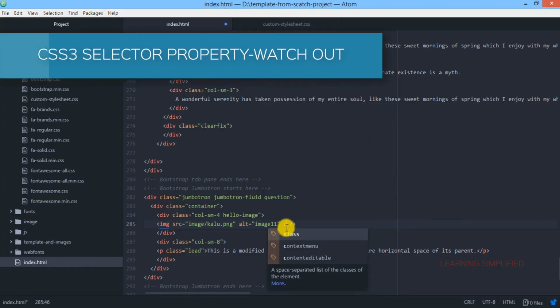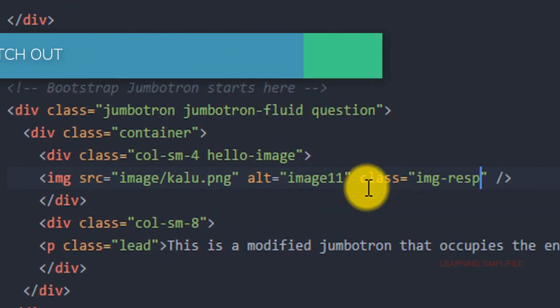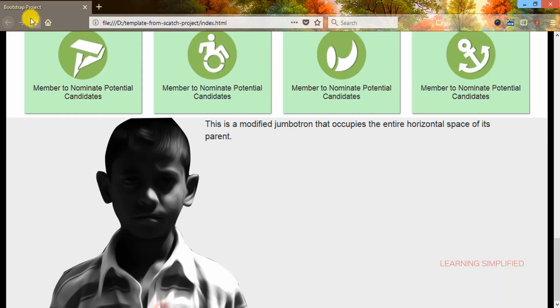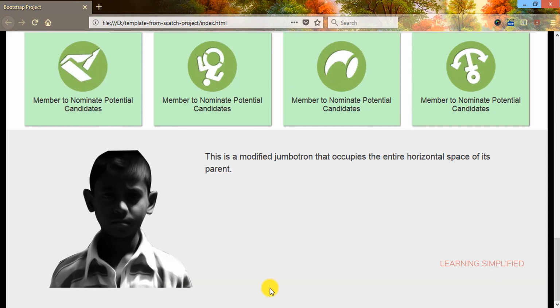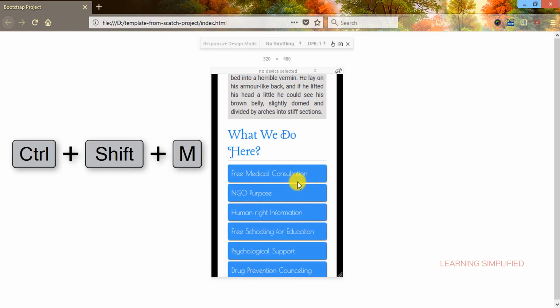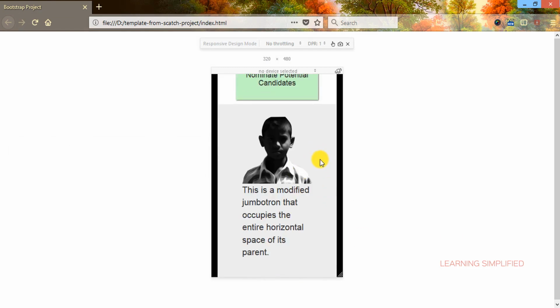If we use a class known as img-responsive, there it goes. And if we get back to our project and reload, we can see now that this image is at a reduced size. And if we press Ctrl Shift M again, we can see that this image is now fitting into our device width. So this is the major thing that we can overcome.